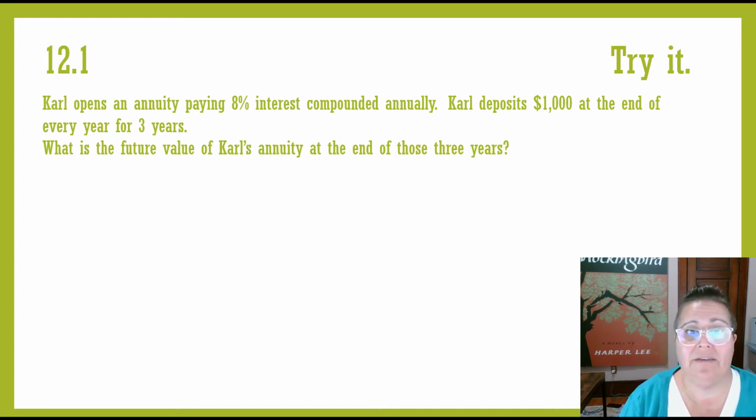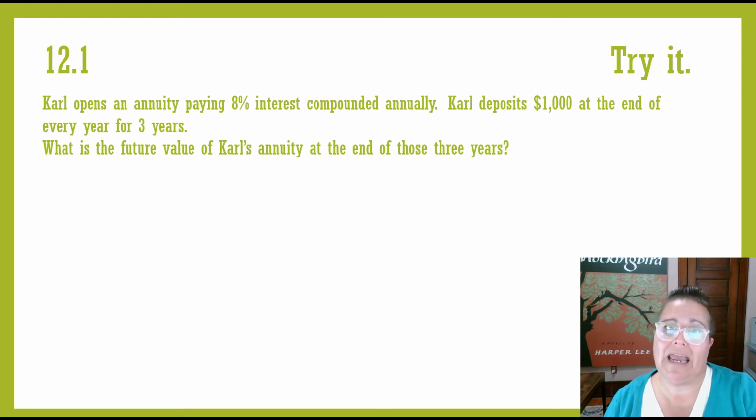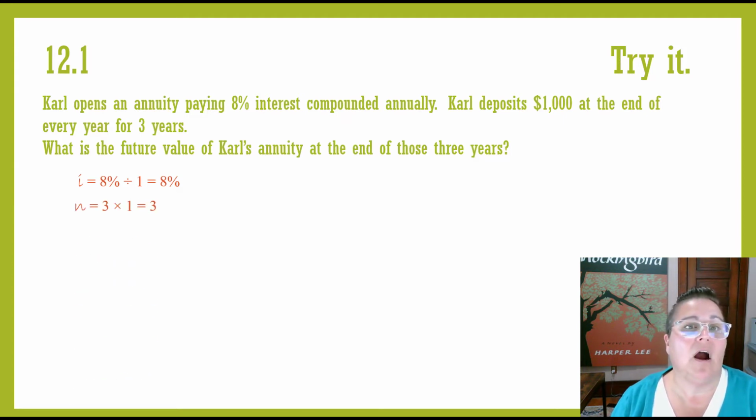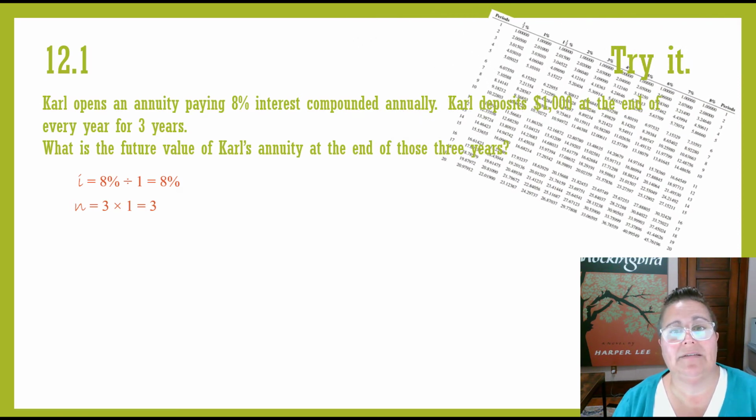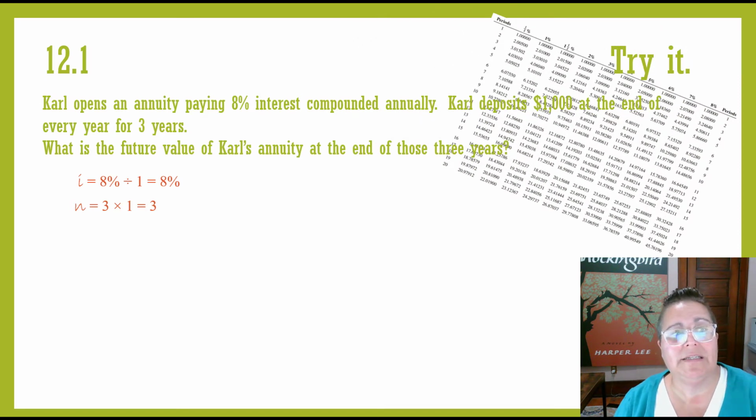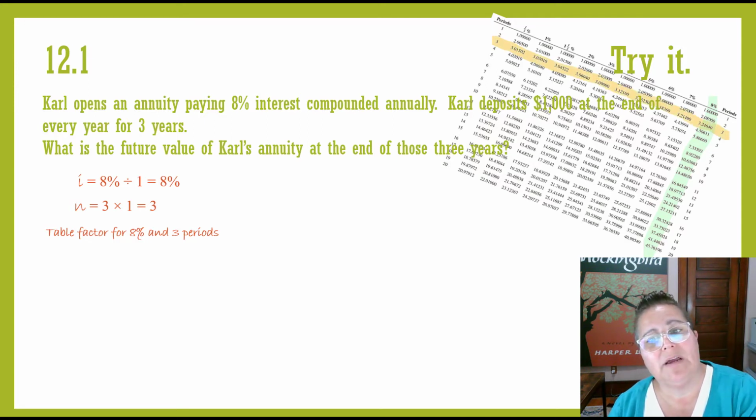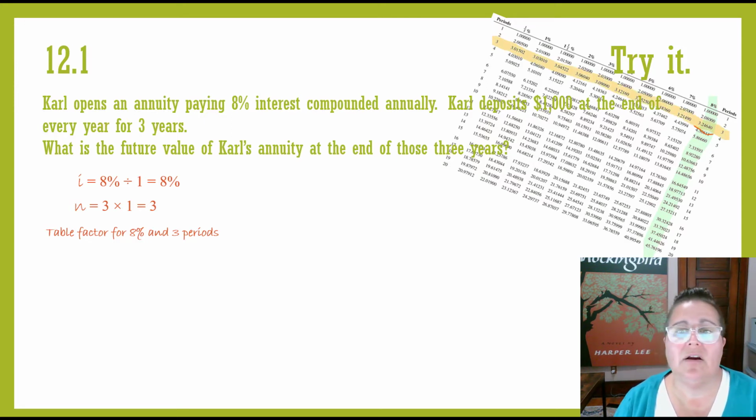So we're going to find the I value, the interest rate per period. It's an 8% stated rate. We're compounding annually, so that's 1. 8% divided by 1 gives us an 8% that we're looking for on the table. Our total number of compounds is once a year for 3 years. So if we look at the table and identify the table factor for 8% and 3 periods, I'm going to go down the column that is 8%, and cross for 3 periods, and I have a table factor there of